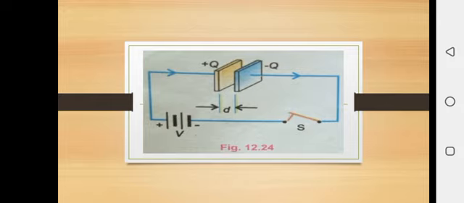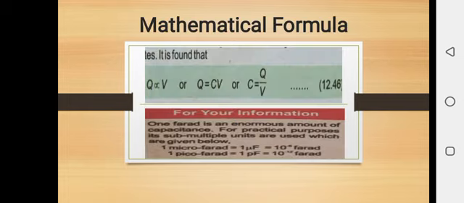After the definition you have written a little explanation about capacitor, in third draw this diagram of capacitor, and in fourth write the mathematical form. In case of capacitor, the charge is directly proportional to potential difference. Charge deposited on the plate is directly proportional to V. To write in equality form, insert a proportionality constant, that is here C. Q is equal to CV. C is known as the proportionality constant in case of capacitor, and you can write this formula in this form: C is equal to Q over V, and C is known as capacitance.